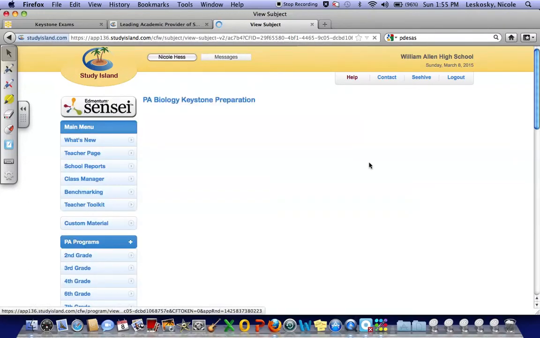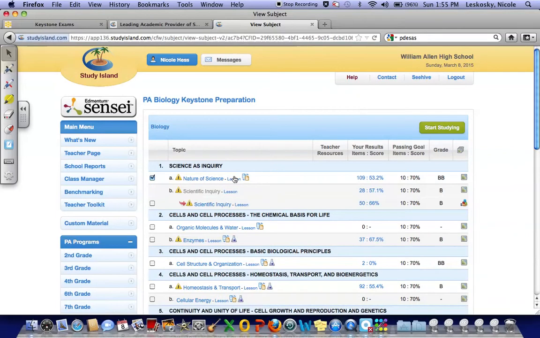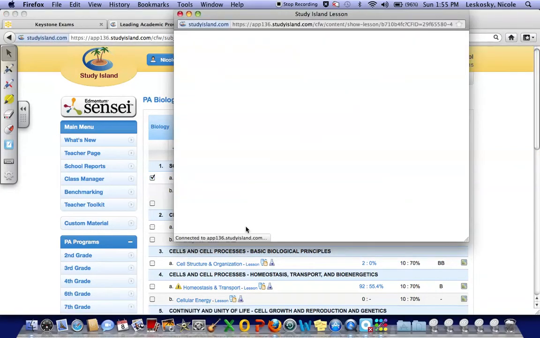And you're going to find review lessons the same way. Right here, next to the topic, it says lesson, and then there are other symbols. Next to molecules in water, it says lesson. If we click on lesson, it's going to open an additional screen that we can go through to review things. So if organic molecules were giving us a hard time, instead of reviewing our notes, Study Island gives us sort